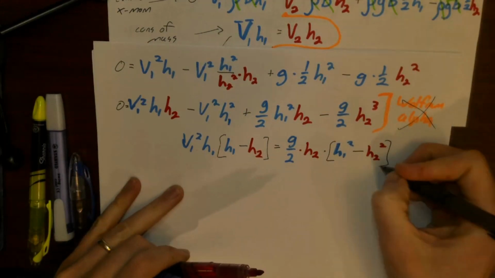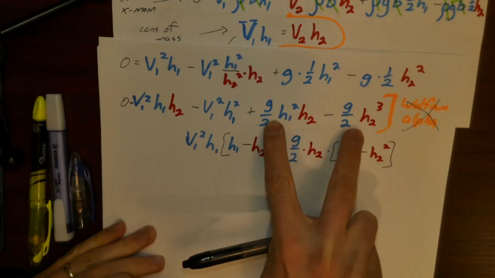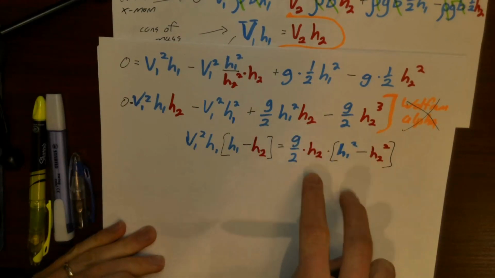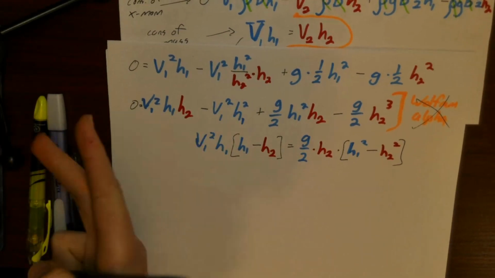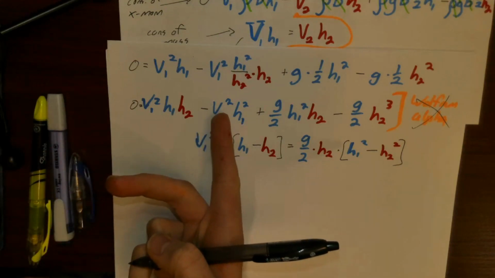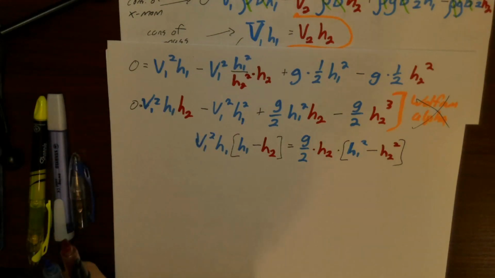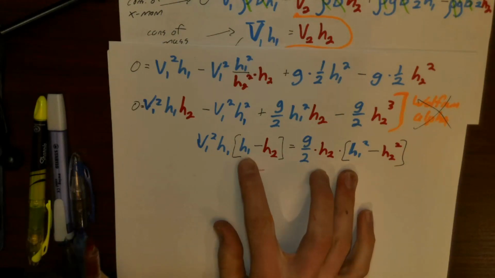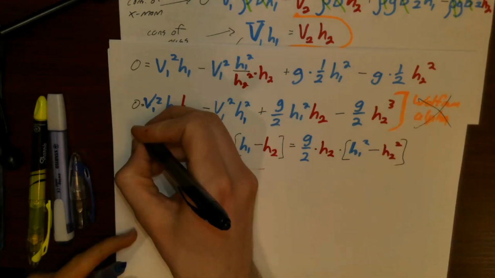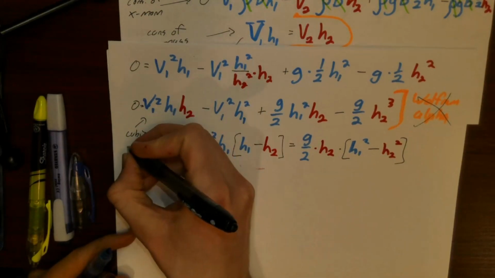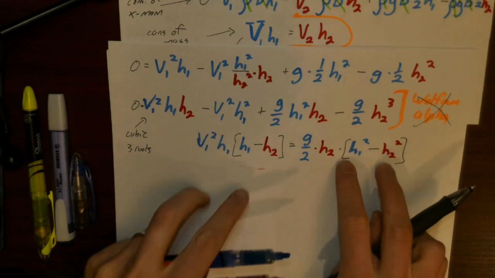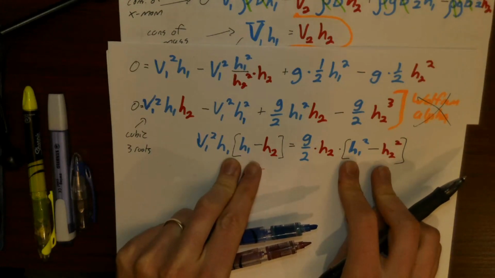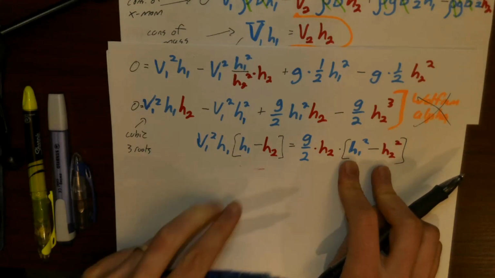And how do you get to this result? You look at the right-hand side and factor out a G over 2 H2. You look at the left-hand side, bring things over to the other side, and factor out a V1 squared H1, and you get this result. And if we're looking for 3 solutions, if we have a cubic, there are basically 3 roots. It turns out that if you group things this way, one of the roots jumps out at you right away. One root is